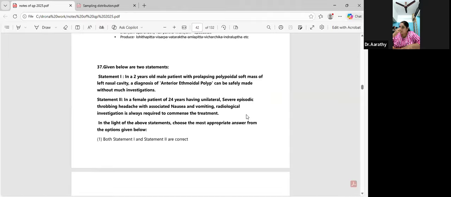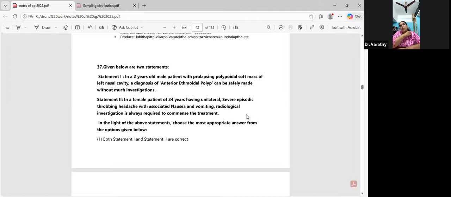Then 37, given below are 2 statements. Speaking about Athreya Bhadrakapiyam, I left one thing to tell you: you have a lot of points to be written in the confusion book regarding that chapter. The first point itself is the number of rasas according to different acharyas, right? That is one big confusion point. When you take note of the number of rasas, you also have to take note of the reasons mentioned by the acharyas for that particular number of rasas,